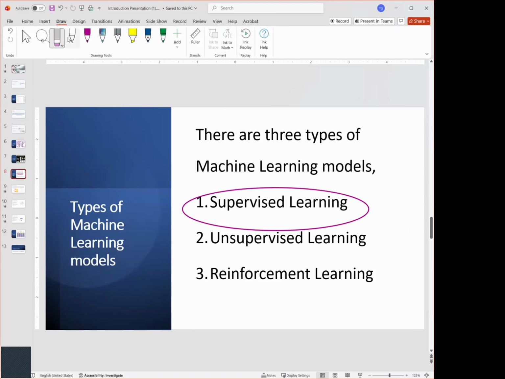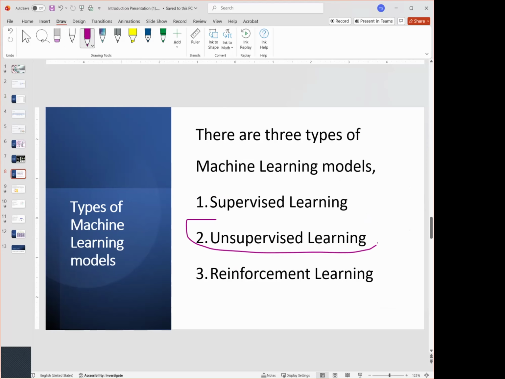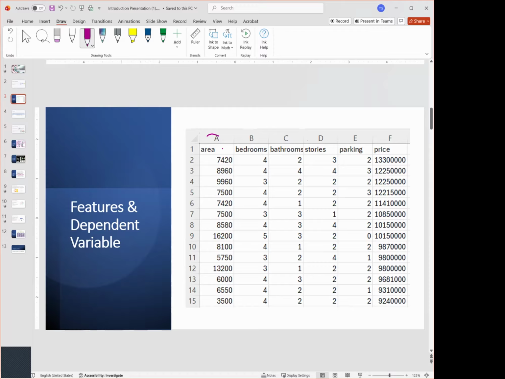Now, there are other machine learning algorithms where you do not tell the computer what the features are and what the dependent variable is. That's called unsupervised learning. In unsupervised learning, you do not tell the computer, that's a feature, that's a feature, that's a dependent variable.